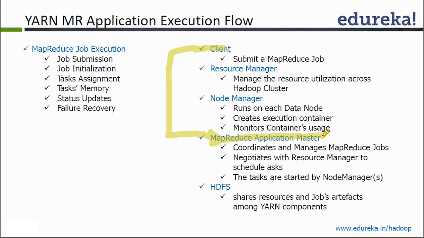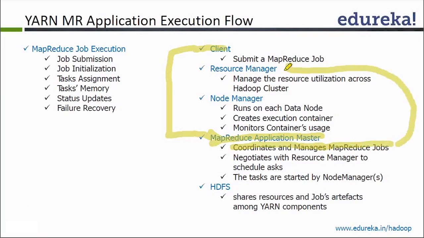about the kind of resources that you will use for the program. Suppose in your program you are using a join, and you have specified certain settings related to the join, how much memory you need and all those things. It will take all those things into consideration, and how many resources will be needed to successfully complete the job, and it will coordinate and manage this activity of the MapReduce job execution with the help of something